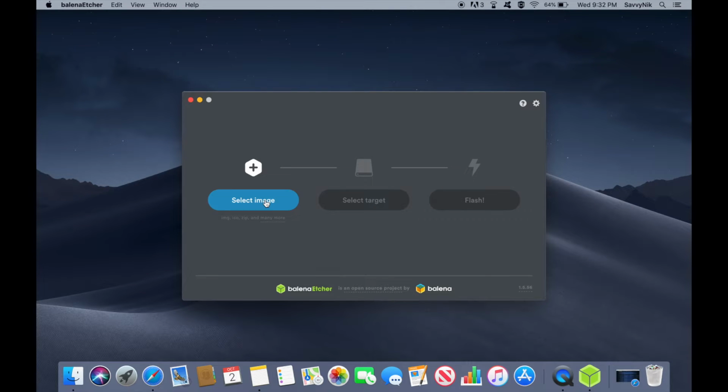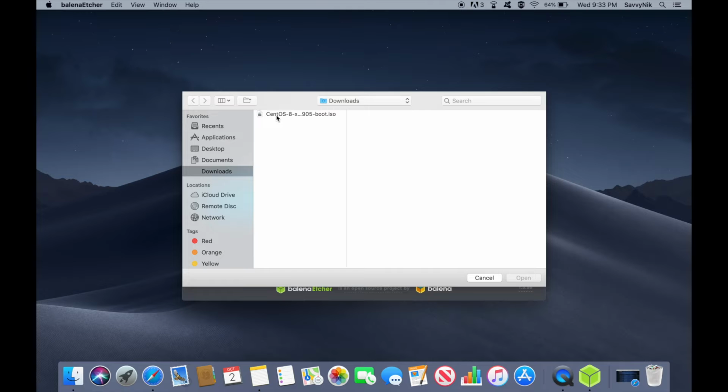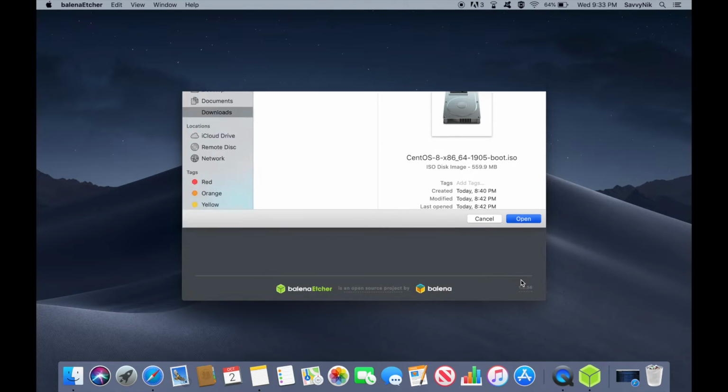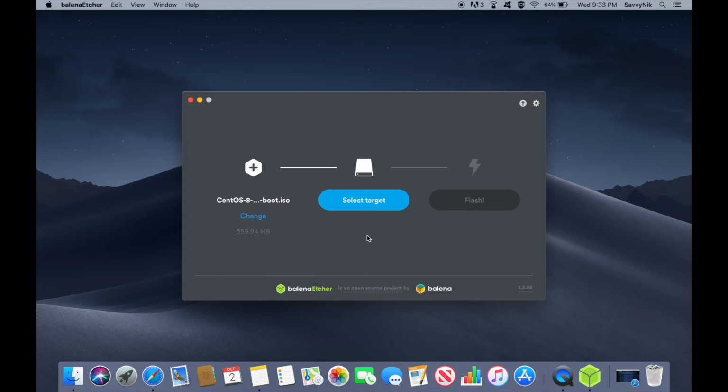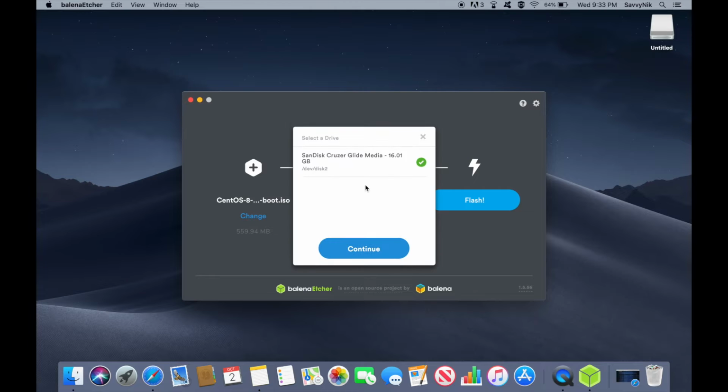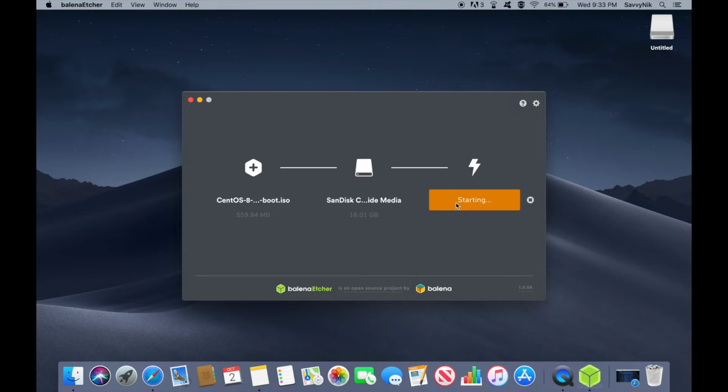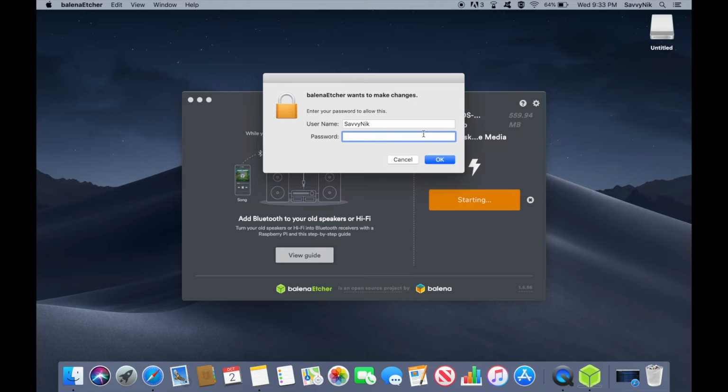So go ahead and select the image that we downloaded. Here it is, the CentOS 8 x86-64, the 64-bit version, and the boot or the NetInstaller. So go ahead, select it, open it up. Then you'll select a target, or if you haven't yet, go ahead and put your USB that you want to flash into the computer, and it will automatically populate. If you want to select a different USB that you have free, you can go ahead and select it from a list if you have more than one. And then go ahead and hit the flash button, and you'll start flashing as soon as you put in your